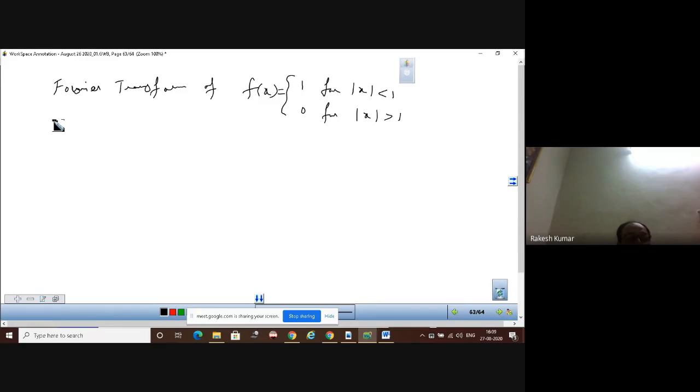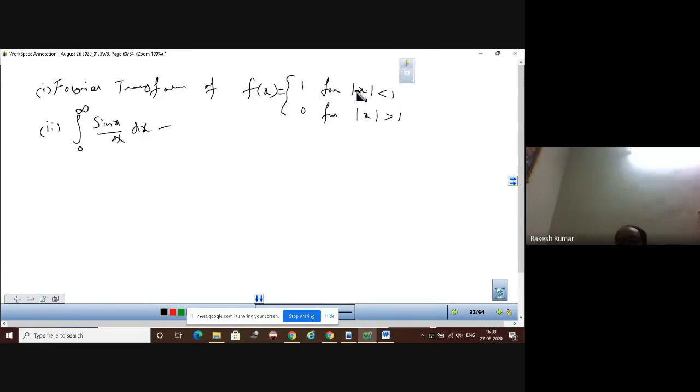And the second part is find out the value of the integral from 0 to infinity of sin x over x dx. First part is find the Fourier transform of this function, and the second part is evaluate this value. And you will evaluate this value by using the Fourier transform of this function.